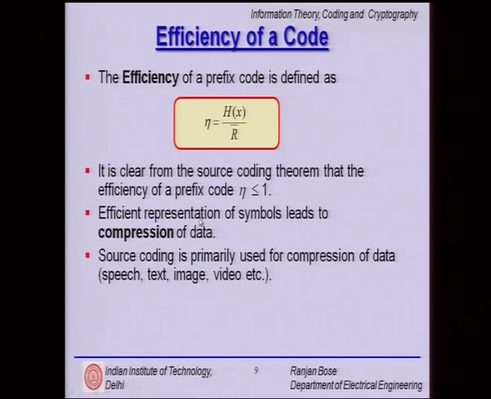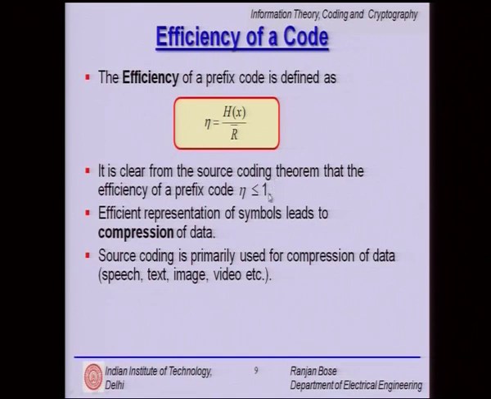We also defined the efficiency of a code as a ratio of H(X) divided by R bar. So, clearly it is less than or equal to 1. Efficiency of the code really tells us how much we can compress the source symbols, and we will use this